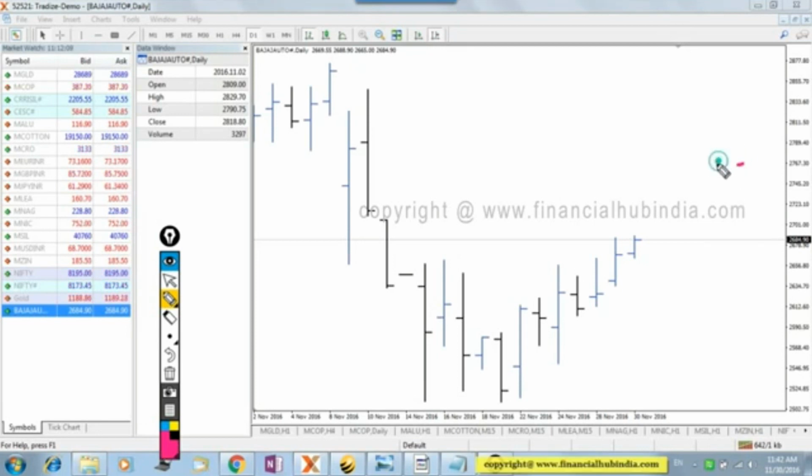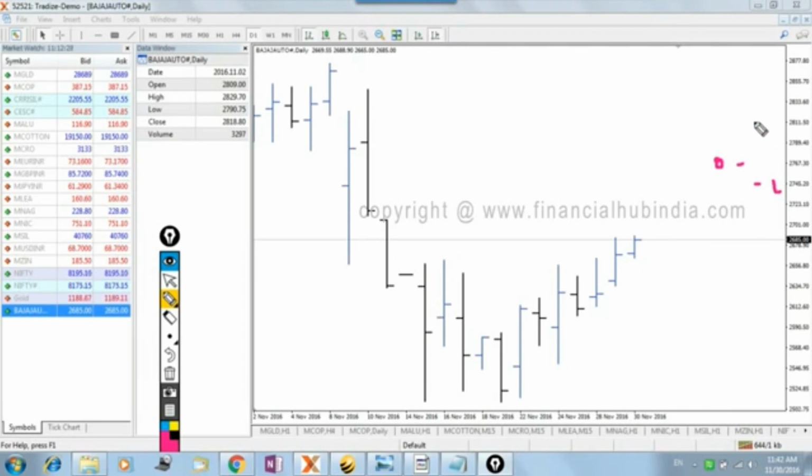This is 1 point, and I marked it as open, this opening price, and it made a low throughout the day. In its fluctuations, it came down till 2745, right, lowest point,